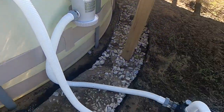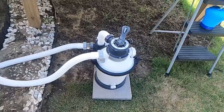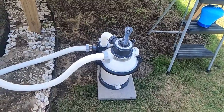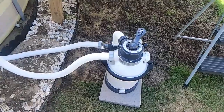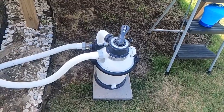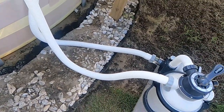Again, I've got to make some adjustments to my setup. I'm going to move that back some, elevate it. Got to make sure the ground it's on is level. It does not need to be unlevel. So I'm going to get all that taken care of. We've had so much rain, and then plus I made a big old mess with these hoses since I didn't have a cutoff valve. So we're still kind of dirty over here. Once I get all that done,